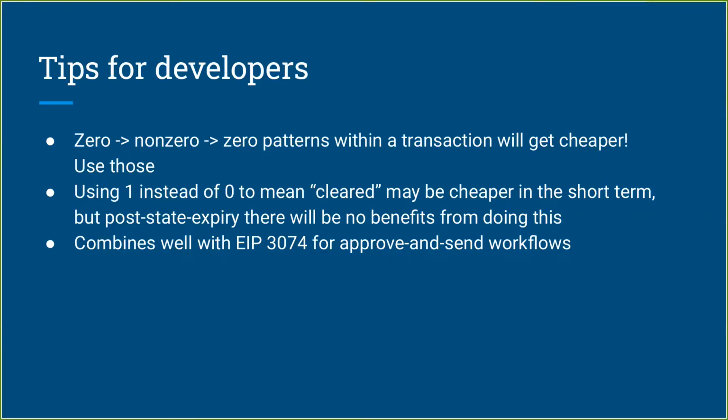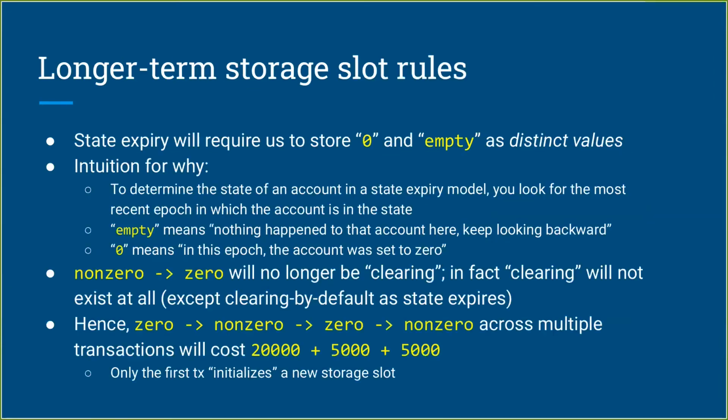So basically, for developers, 0 to non-zero patterns will continue to be cheap. Using 1 to mean 0 instead of 0 to mean cleared is one incentive weakness that EIP-3403 does introduce, but it may be cheaper in the short term. But after state expiry, which could come maybe 1 to 2 years in the future, there's not going to be benefits from doing this. And